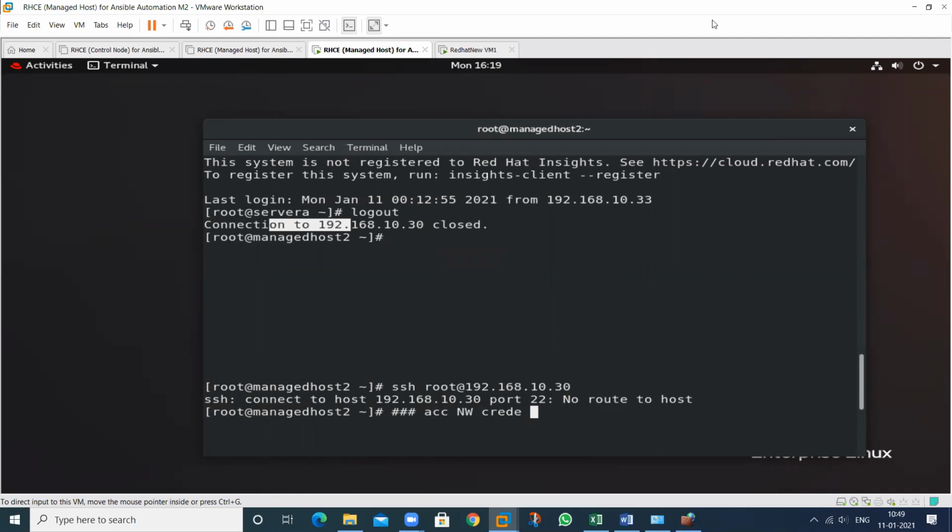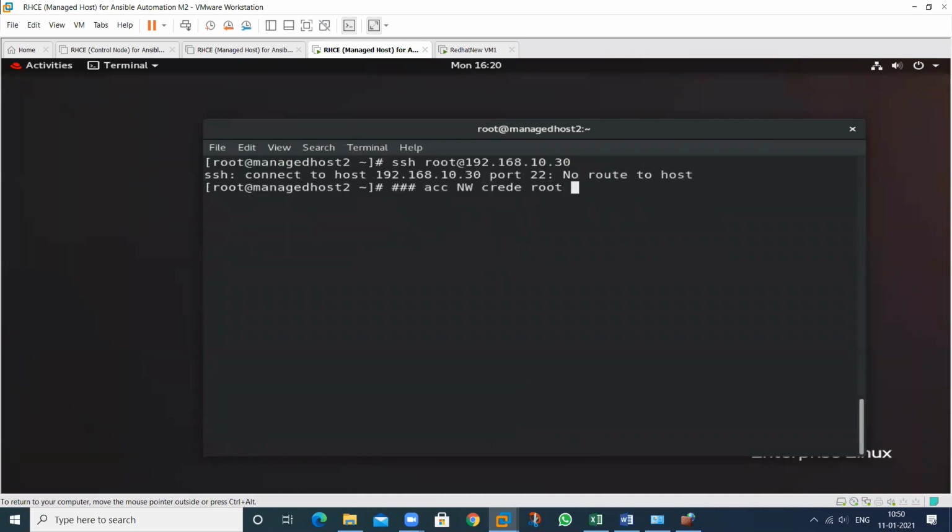Hello, sir. I am asking regarding the password you used. Is the password for root, or for the port, or any user? What is the meaning of credential? Credential means username. It can be root, it can be a regular user, anything. So a credential is required to access any machine in a network. Suppose there is no credential set on your remote machine, then you are not able to access that particular machine.